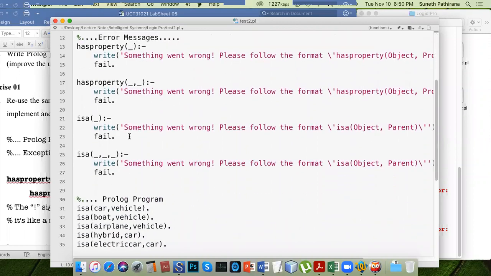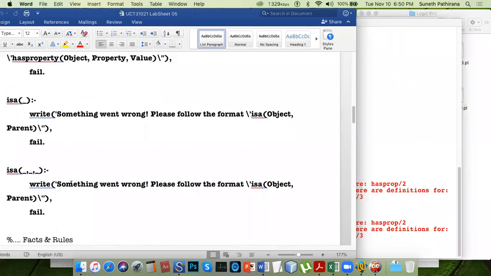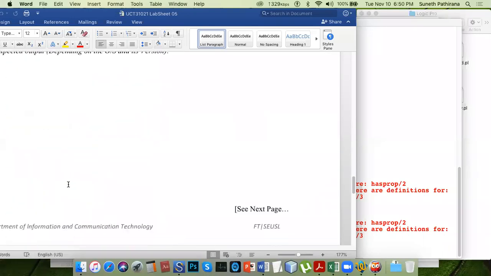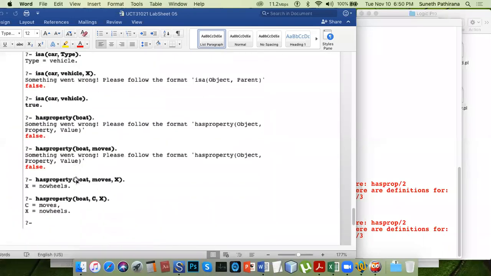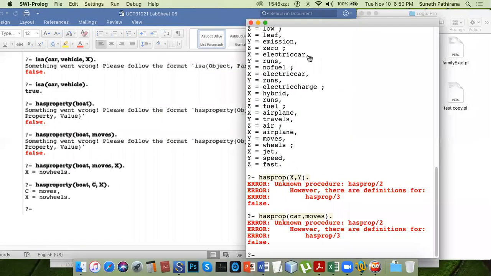I wonder what's wrong with this has property. Have we used has property or has prop? It should be, it was overwritten as has property.